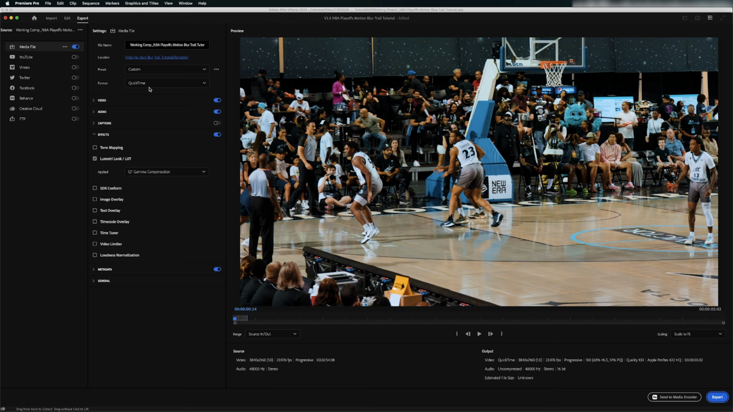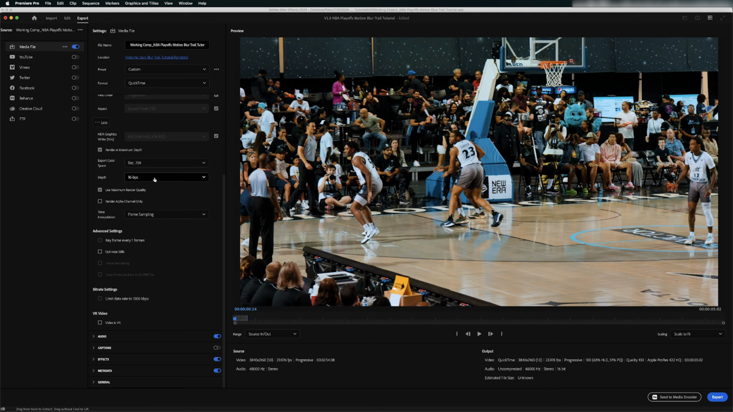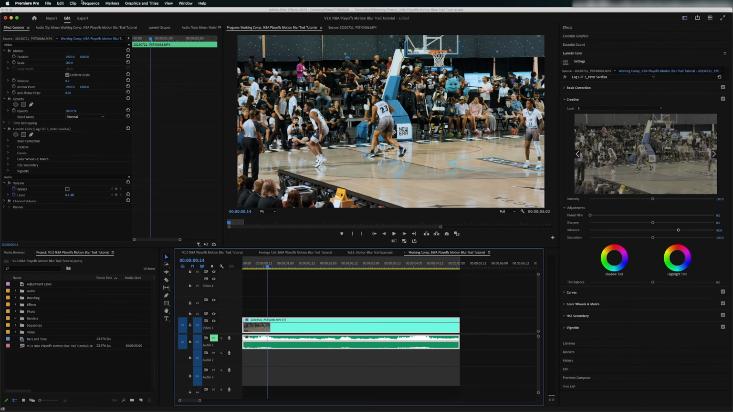And now we're going to export a QuickTime version of this. We're going to make sure that we're exporting full resolution. Make sure you check use maximum render quality and render at maximum depth. And make sure that your sequence, when you export this, you just click export down here when you want to export it, is set to